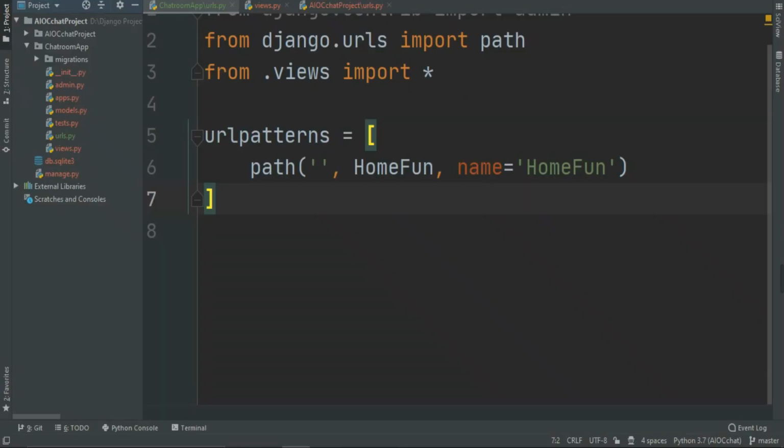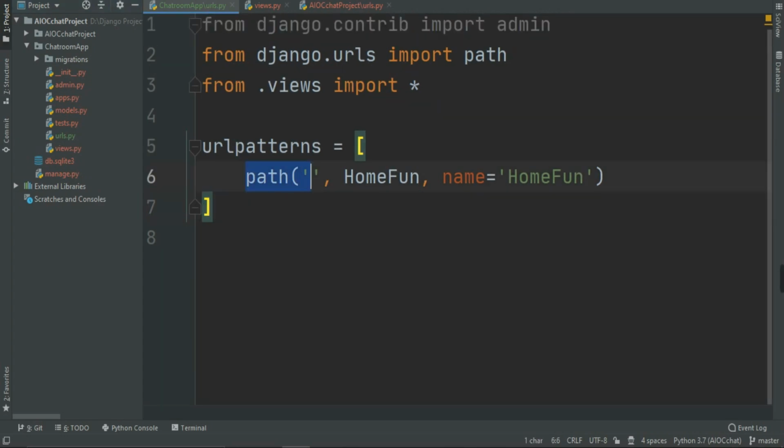As you can see in the chatroom app urls, we only have one path, which is nothing but our home function. What we want to do is create a chat room, and for that chat room we have to log the current user into it, as we discussed. For example, if a user wants to go into the 100 ID chat room, they can enter 100 and their name, so they can enter that particular chat room. We are going to do that here.